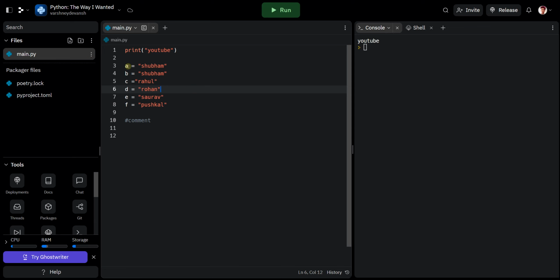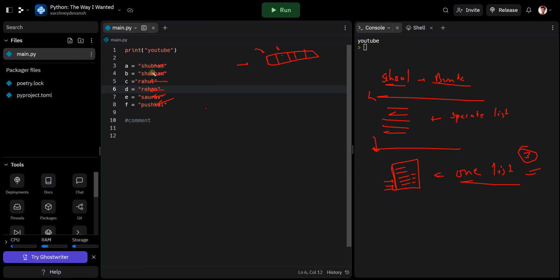So now what is going to happen? You can think of these as roll numbers or unique identifiers, which tell you what it is and fetch it. In Python, this thing doesn't consist of this. In some programming languages there's a concept called a bucket. So a is the name of this bucket, and it's holding a value. In Python, it's not like that. Maybe in C++, yes. Here, big no. So what is happening is that Shubham is being stored.